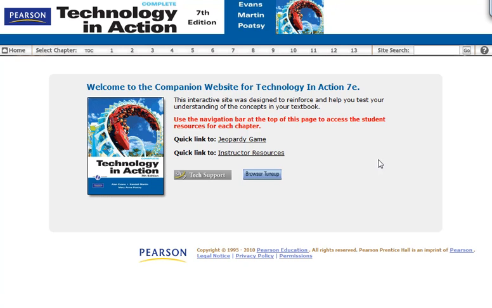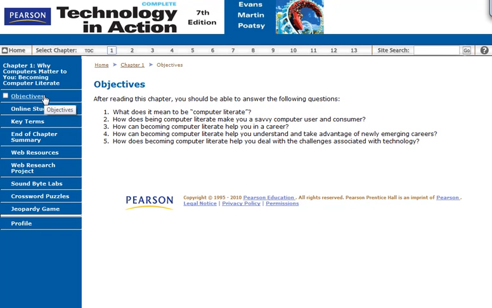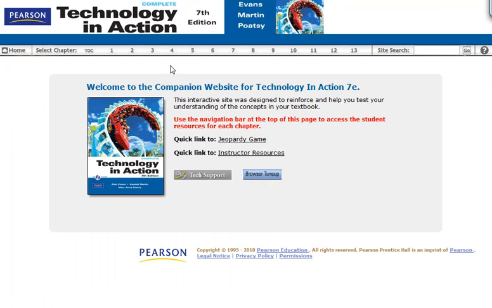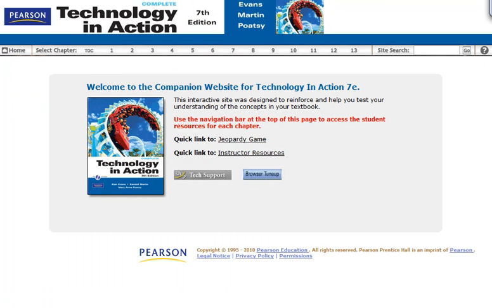The companion website is what students will have access to. If you look at it, we've got the home page here. We've got the chapter table of contents here. And then we've got each chapter, and each chapter includes all of these items. So the site, in this case, is already pretty well built, and this is becoming more and more common with publishers. So first thing I'll do is go to the home page for that, copy that URL, and go back to the course